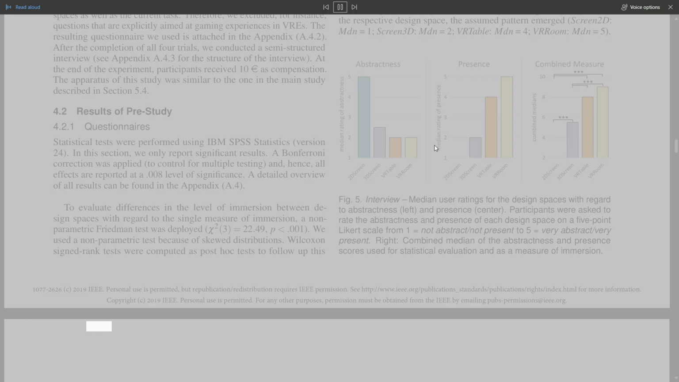This article has been accepted for publication in a future issue of this journal, but has not been fully edited. Content may change prior to final publication. Citation information: DOI